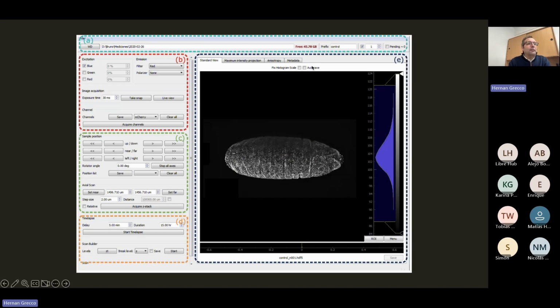I'm not going to show you the code, but the user interface has a part where you can select the excitation and the emission channel, the sample position. You can generate, if you want to do a time lapse, or you want to do a scanning set in time or set in channels. You can generate all of this. You have the image here, and you are saving the data as you go. So all this is controlled from Python.